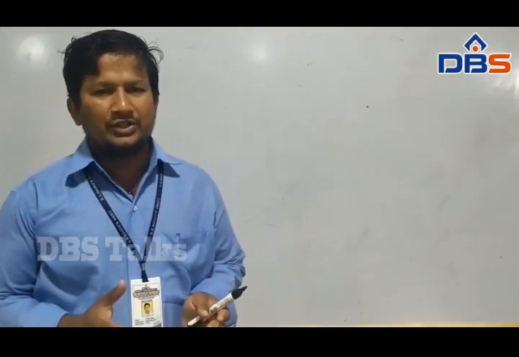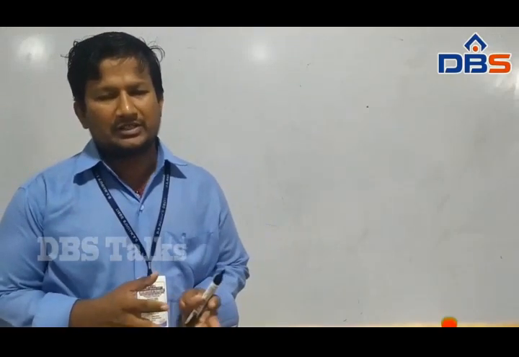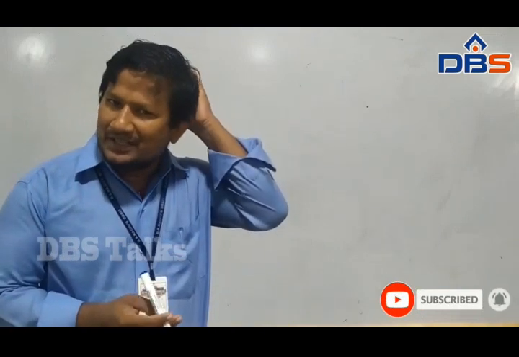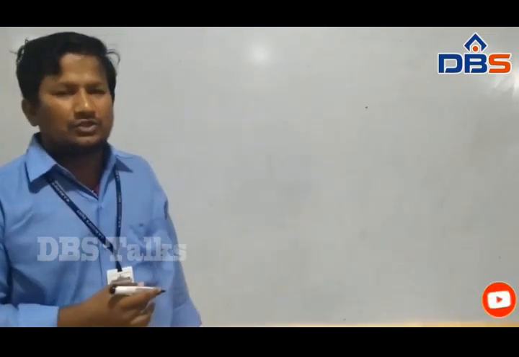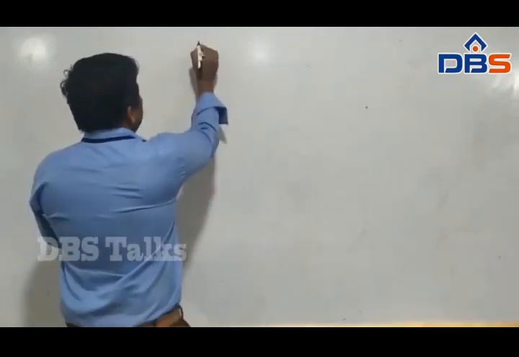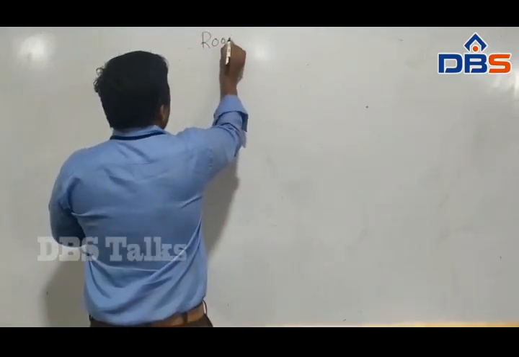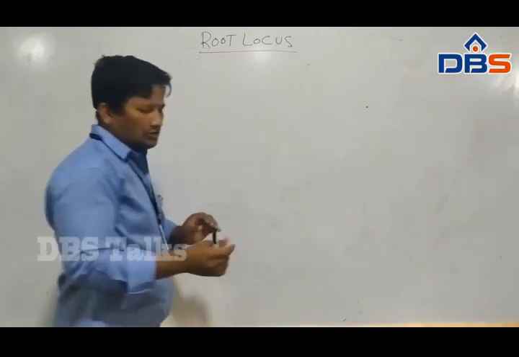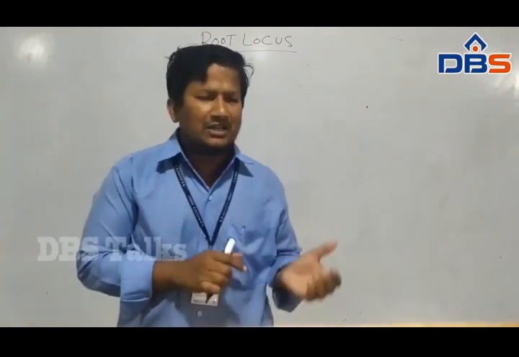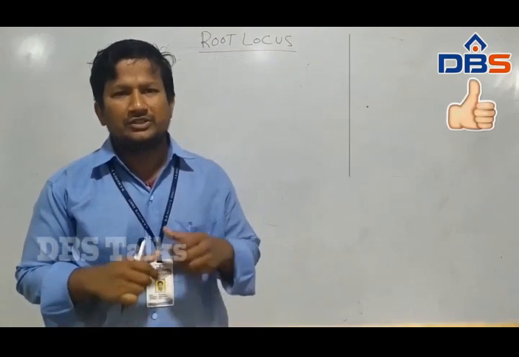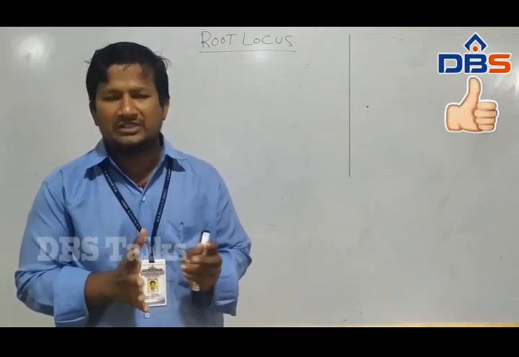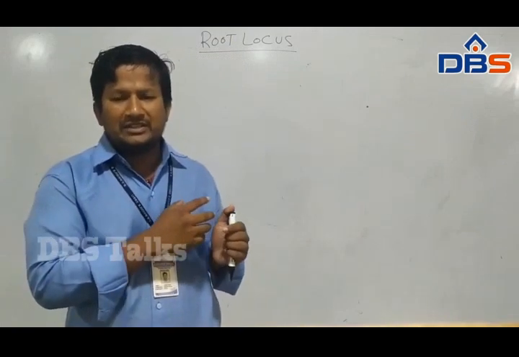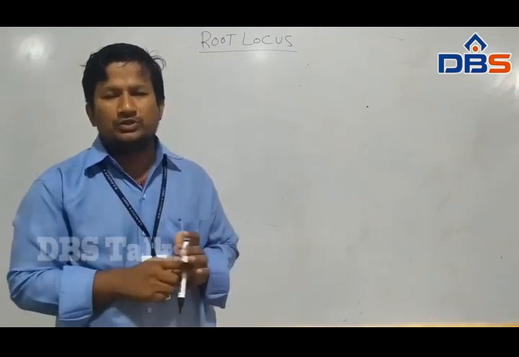We have already discussed the third unit on frequency domain analysis in control system engineering. Under that, we already discussed the RH criteria. Now let us go for root locus techniques. Both the RH criteria and root locus techniques are used to determine the stability of a closed loop system, that is, the movement of the poles. It will easily determine the movement of the closed loop poles.